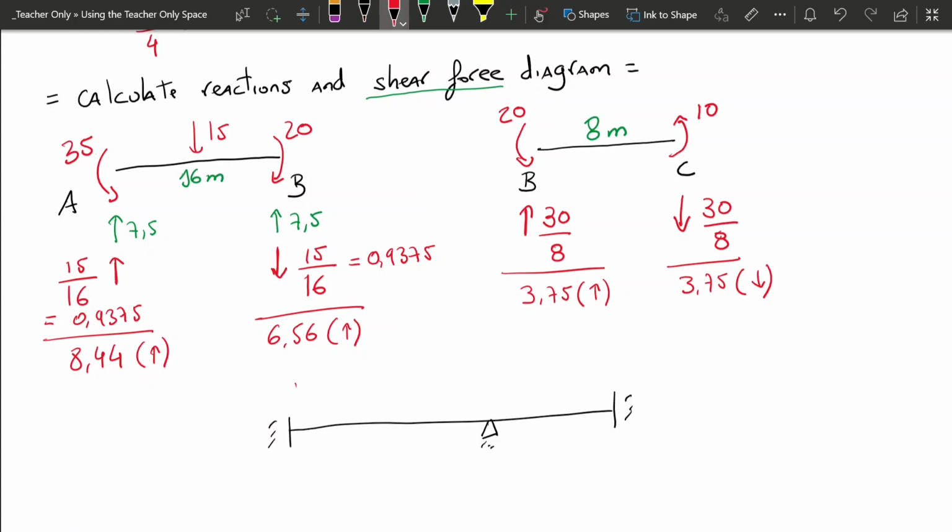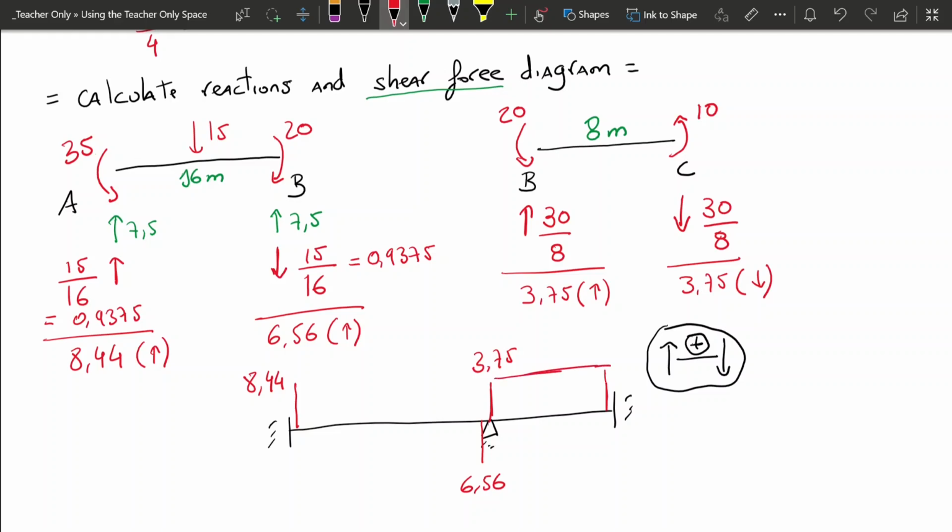And now we know the shear force starts at 8.44. At 6, on the right side, it will go to negative. Again, remember the convention for shear force is positive on the left like this and down. This is the positive definition, the positive convention for shear force. So we get 8.44 pointing up because it's on the left, and then this one, it's pointing up, but because it's on the right side, it has to go down. So this is 5.66. Then if we look at BC, we have 3.75 up, and here 3.75 down, which is also positive on this side. So this one we can connect straight away,